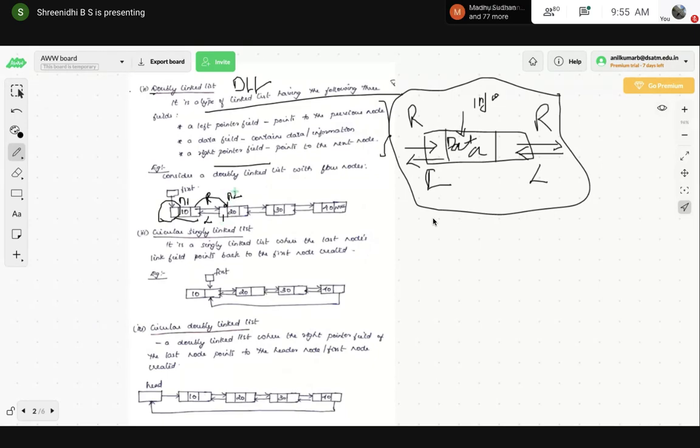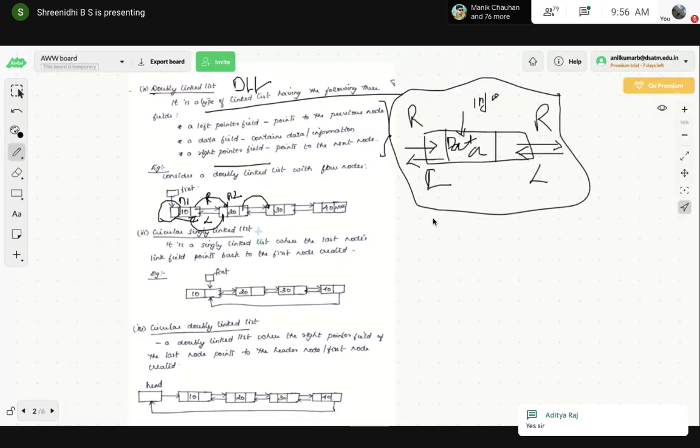Similarly, consider n2. The right link of n2 contains what? The address of the next node. The left link of n2 contains what? The address of the previous node. Right? Yes or no? Yes, correct.